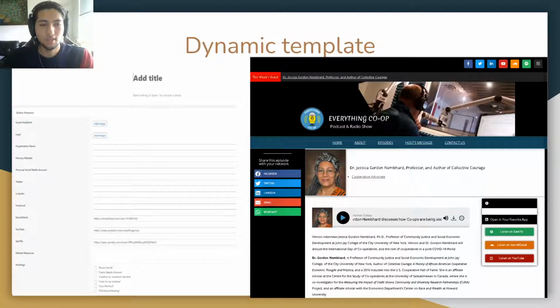The screenshot on the right side shows what a recording looks like after the recording is finished and is implemented into the page. This page, called the dynamic template, was used in order to smooth out the process and make everything easier to manage. A dynamic template is a content management